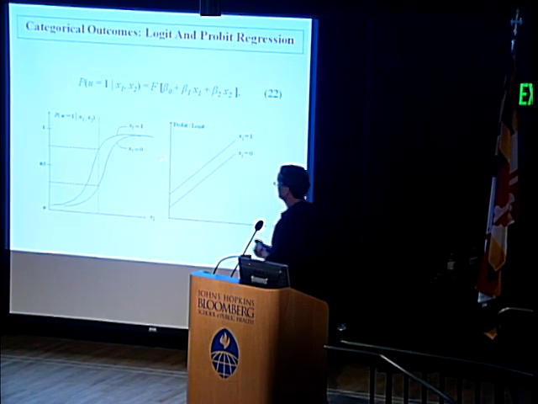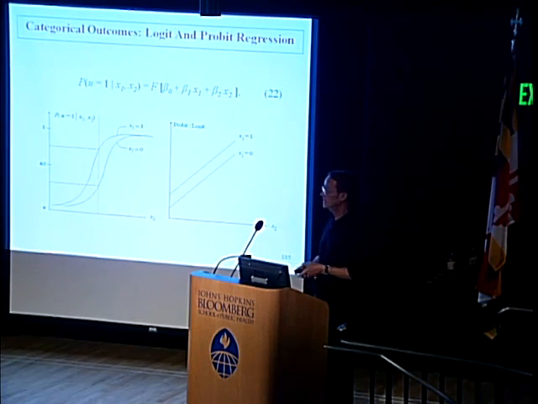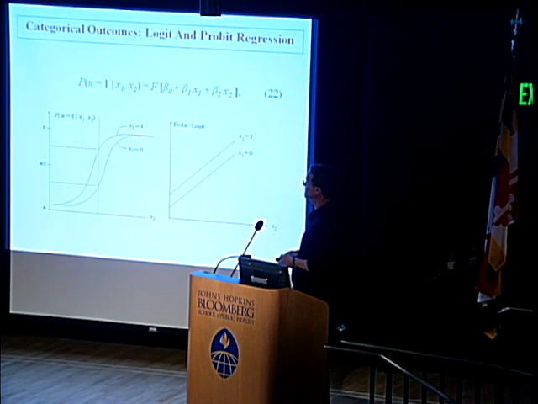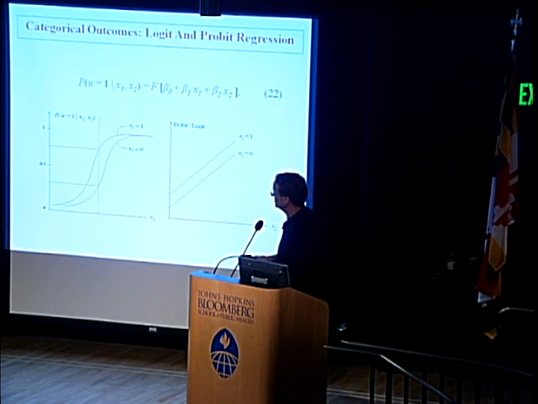And one function that does that is a distribution function in statistics. And there are lots of different distribution functions. Two common ones are the normal and the logistic distribution function. And the normal distribution function is called cap phi or phi. And the logistic function,